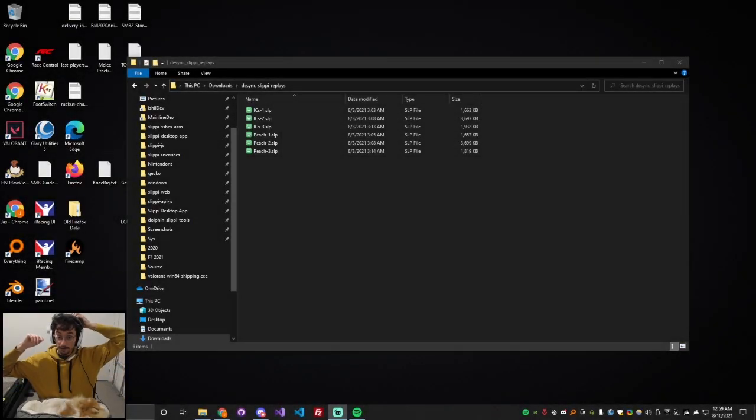Yeah, somebody reported these replays, saying they were desyncing with their friend in this matchup in particular, Ices versus Peach. I've already looked at them a little bit. I've confirmed that they do appear to be real replays, but I kind of wanted to talk through the process